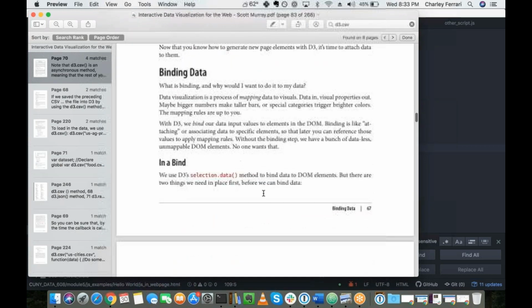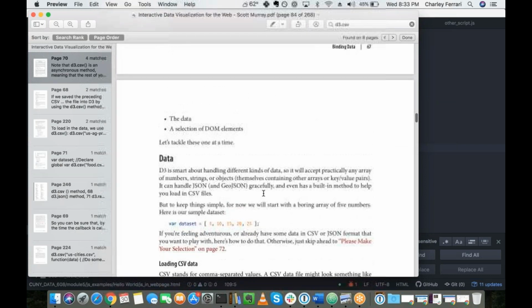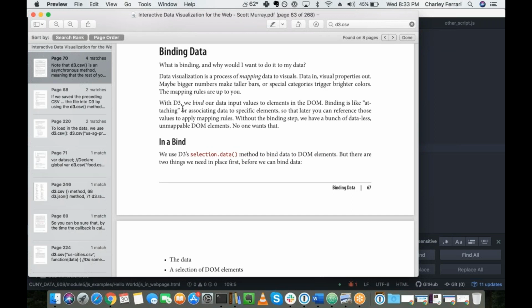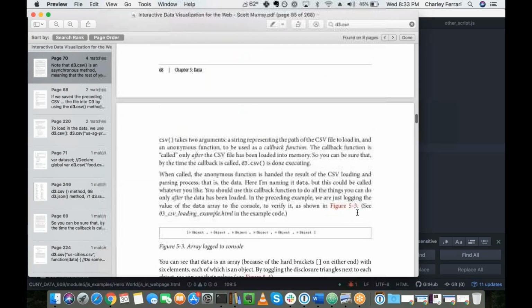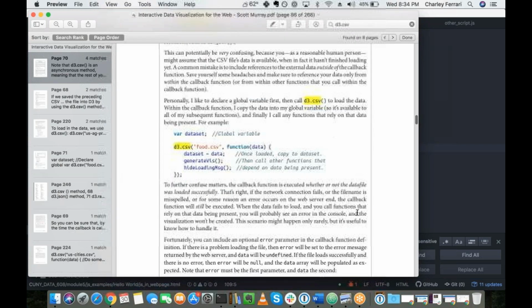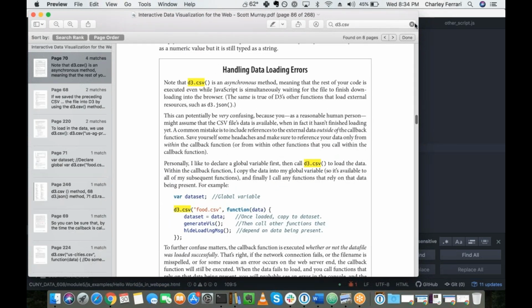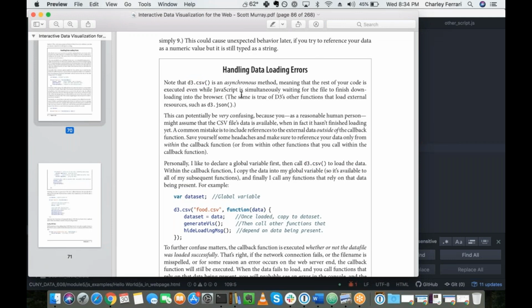functions like this, and I'll skip a bit here, and then this section here, binding data, this is really where the magic is happening. What's happening with binding data is, as you can see here, you're binding these inputs to elements in, and again, it's referring to the DOM. So essentially, that's happening. By the way, d3.csv is important. Even if you're using something like Vega Lite or Plotly, you'll be using d3.csv to bring in